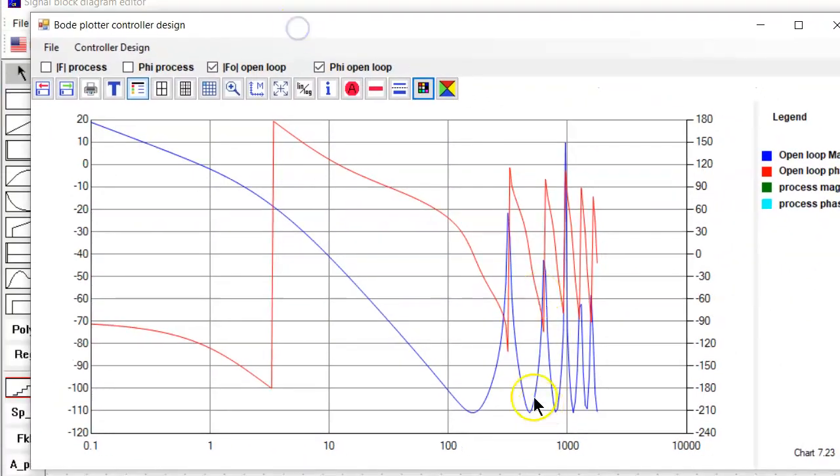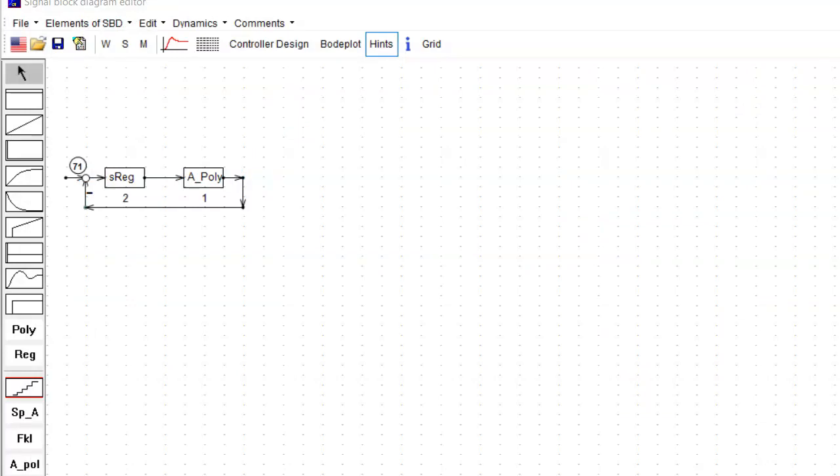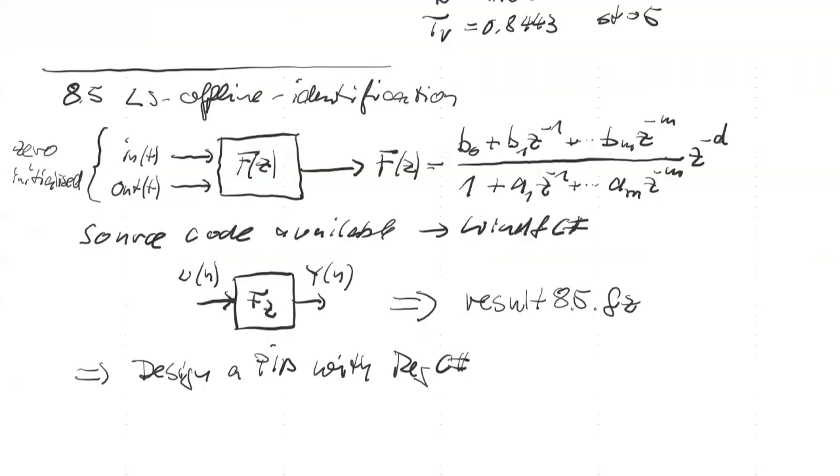In the Bode plot design here you see the phase curve has some strange behavior that comes from the digital filter window. Doesn't matter. If we close this box, we see a gain here and 2 time constants here. So the resulting controller of this digital filter can be written now on our paper to have some resulting notes. Design this controller, and the result is